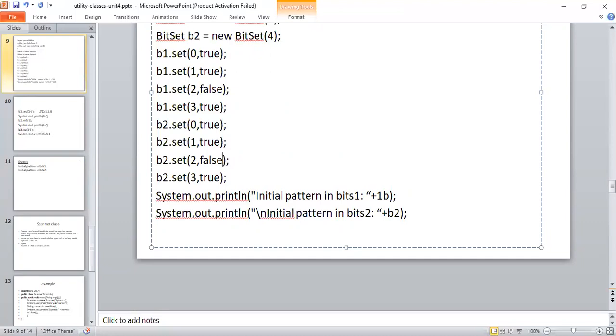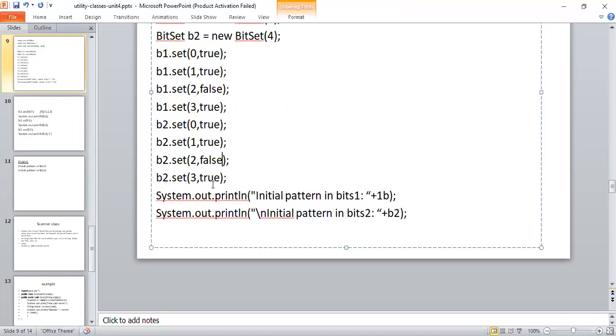Now observe the output. According to our operation, if any value is true, the result is true. This 0 is true, and this 0 is also true. This 1 is true, and this 1 is also true. This 2 is false, and this 2 is also false. This 3 is true, and this 3 is also true.